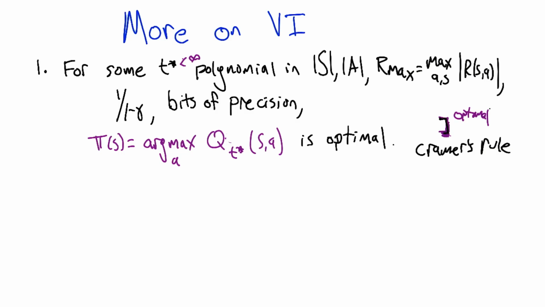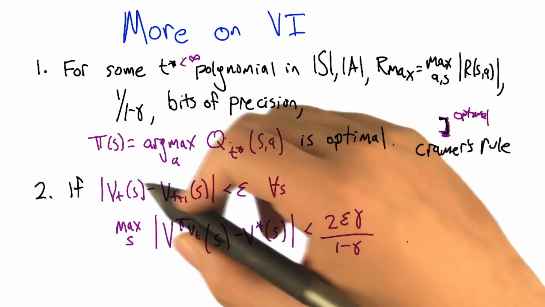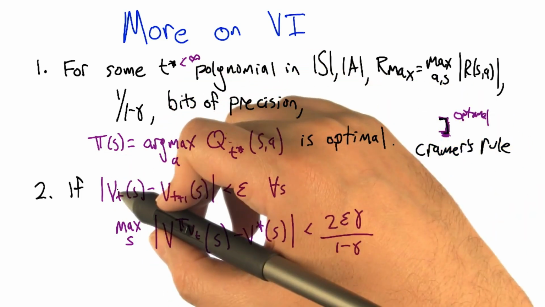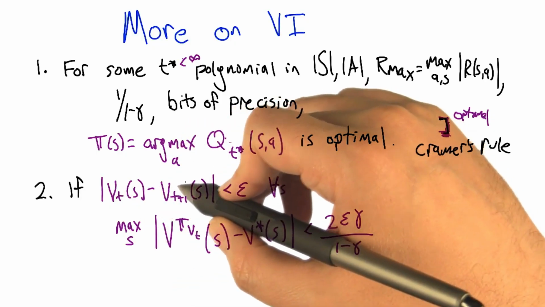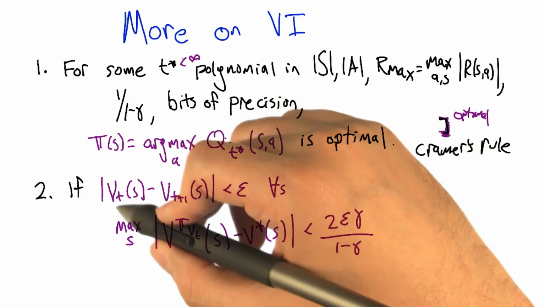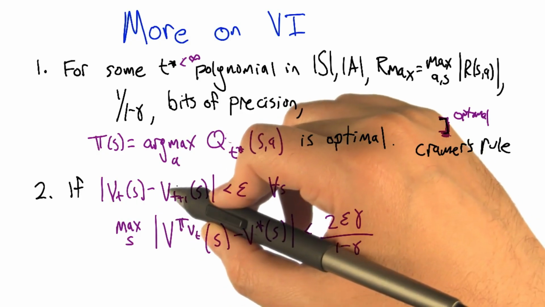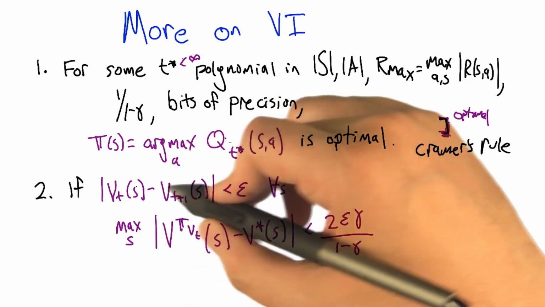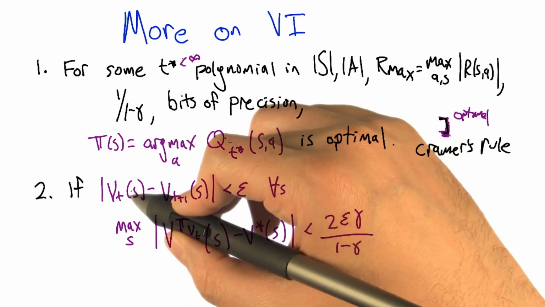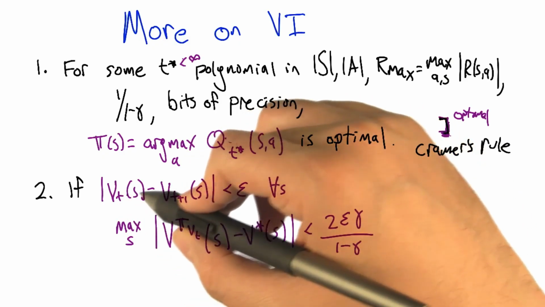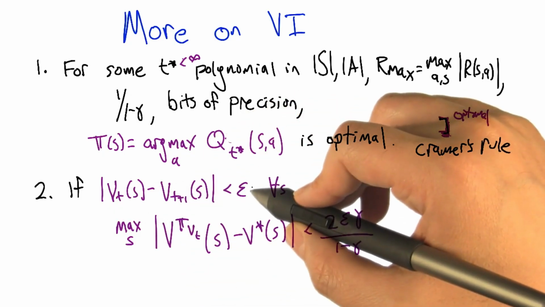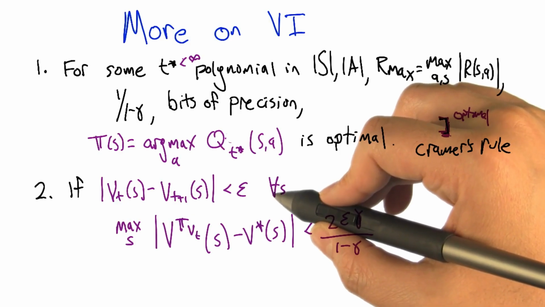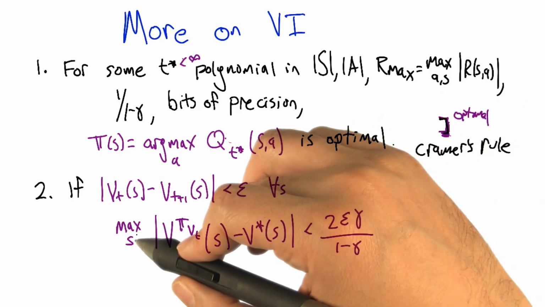So here's another thing that we know. If we run value iteration, we get a series of value functions, say, VT. If we compare the value function we have at some time step t to the same value function one time step later, VT plus 1, and it has basically stopped changing, if the amount of change from t to t plus 1 is less than epsilon for all states in the MDP,